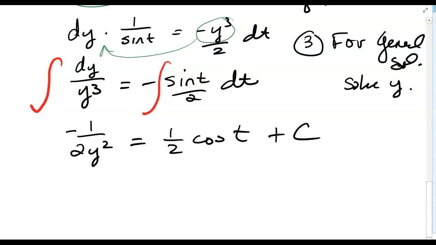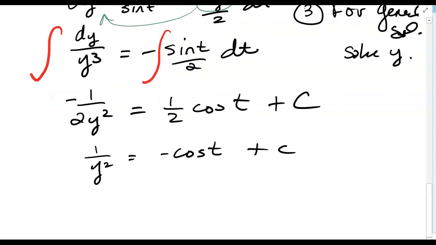So this is a little tricky. One thing I can do is multiply both sides by 2, or multiply both sides by 1/2. Let's get rid of that and let's move that negative back over. Remember, it's a constant, so you don't need to move the negative to the constant. If I multiply both sides by y squared and divide by negative cosine t plus c, I end up with y squared equals 1 over